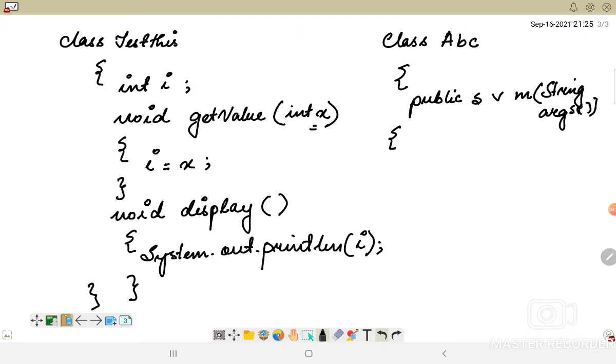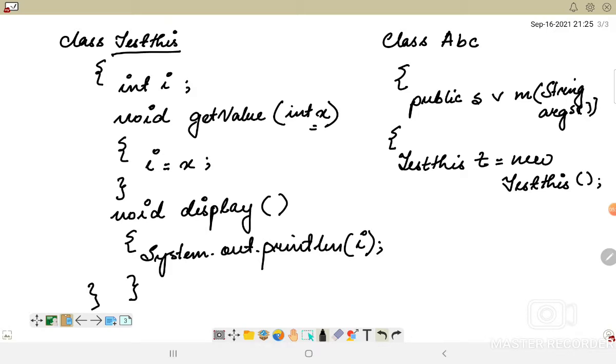Here I will create an object of the TestThis class, new TestThis. Okay, so this object has been created.